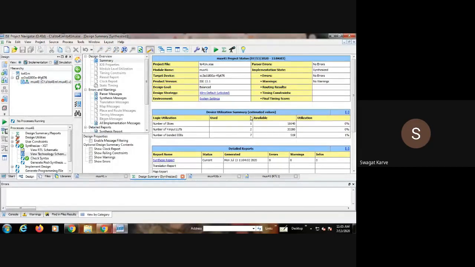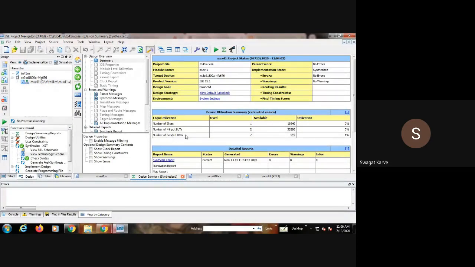And this is the design summary you are getting actually. How many slices we have used, how many 4-input LUTs we have used, how many IO input output blocks we have used. So this is about the design summary, right? Just one slice we have used, then 2 LUTs we have used, and how many are available with us, you can see here. These many are available with us, and out of that we are using just 2, right?